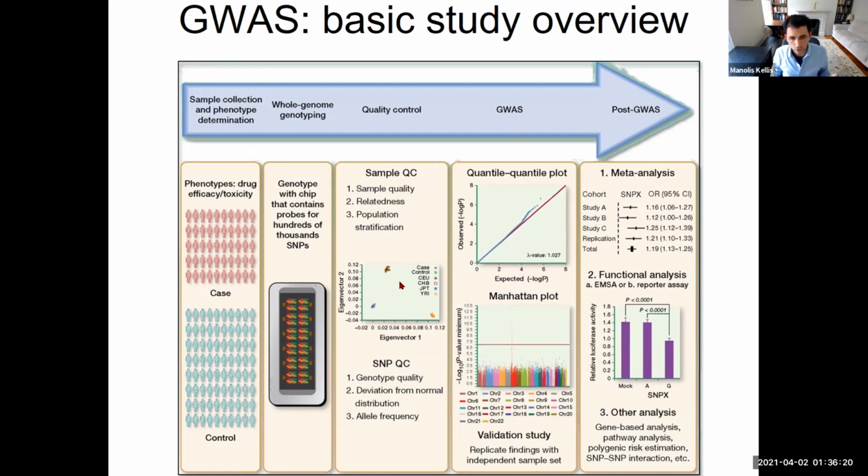And then you do a lot of quality control. You look at sample quality, you look at relatedness, eliminate people who are related by descent. There's identity by descent and identity by state. These are the two concepts you should be aware of. And you don't want siblings in your study because that can dramatically boost the power of just random variants that